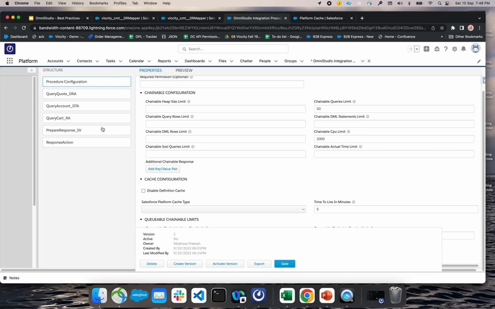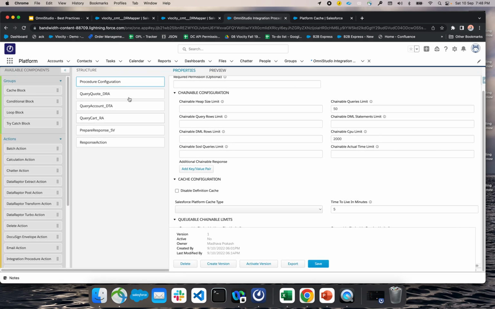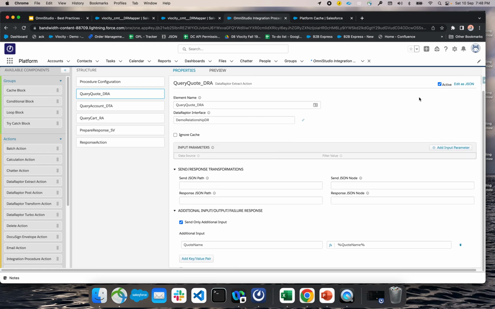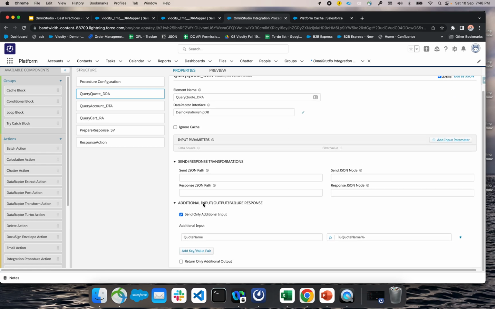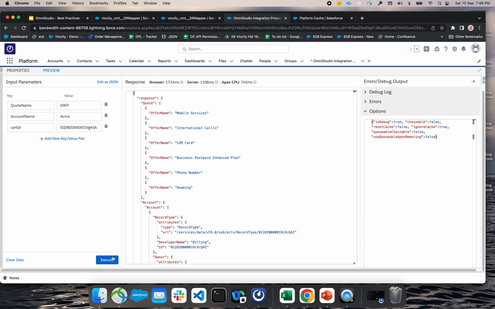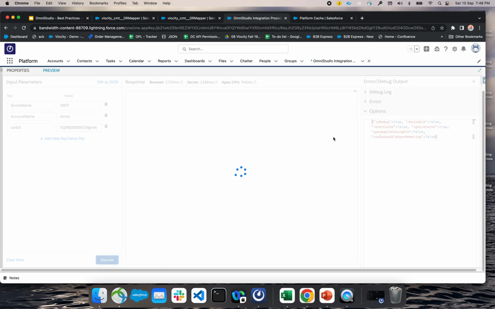Now, we spoke about naming conventions. We spoke about caching. Let's see a few other things. Here, instead of sending the full data JSON, I am sending the required input from the additional input. If I don't set this send only additional input flag, when I run this particular whip,